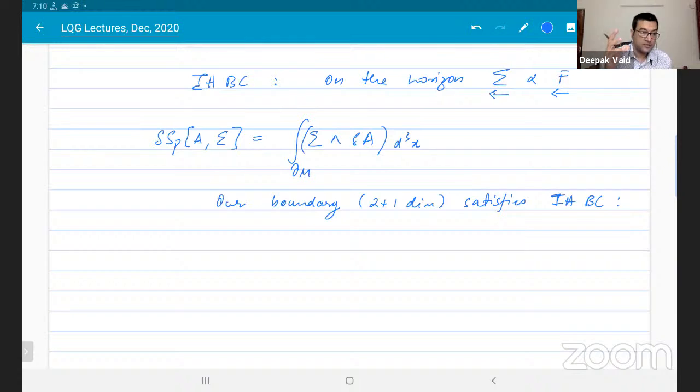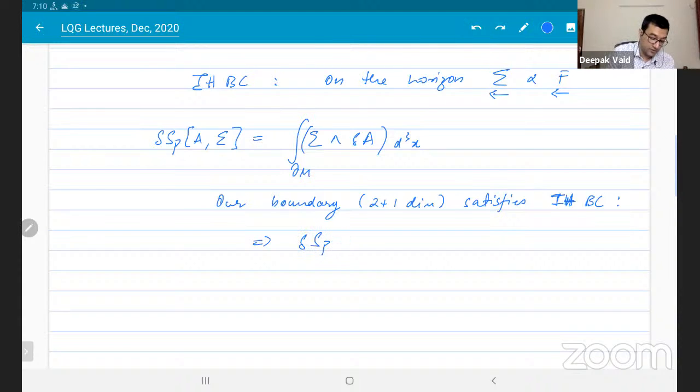And the black hole space-time also does not need to be static. So, as long as you have a horizon, it applies. It's not only for Schwarzschild space-time. So this isolated horizon boundary condition implies